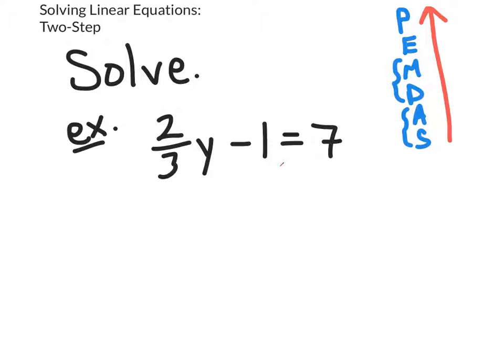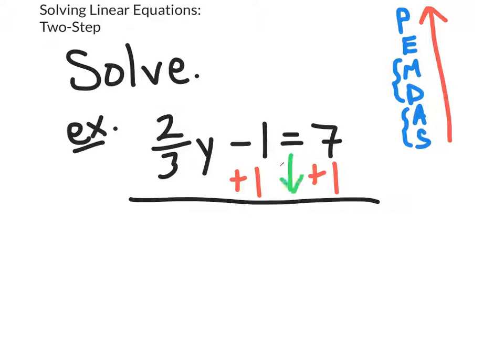So on the left hand side, I'm going to go ahead and add 1 on the left. I'm going to go ahead and add 1 on the right. I'm going to give myself a big bar here to separate my work. The very first thing that I'm going to do is I'm going to copy down my equal signs. I notice that the 1 and the -1 cancel. Those are gone. That was my goal. I'm going to have 2/3 y on the left-hand side, and on the right-hand side I'm going to have an